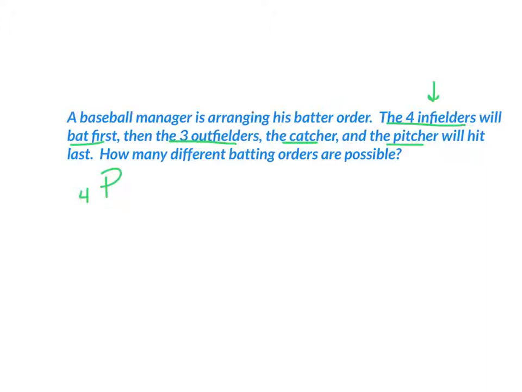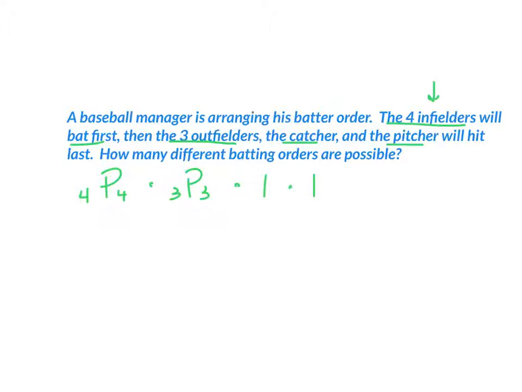But anyway, there are 4P4 ways that they can hit. That's the orders of all the outfielders, times the orders of the outfielders that can hit. So we have 4 infielders, 4 infielders and 3 outfielders hitting. The catcher's next. That's going to be a 1 because the catcher is only 1 person and the pitcher is